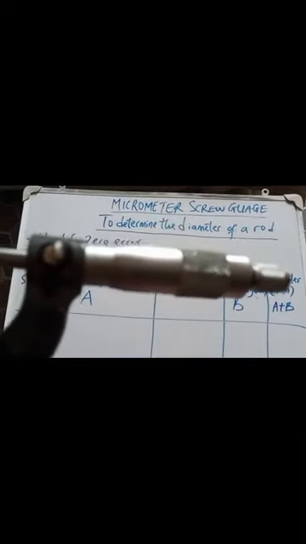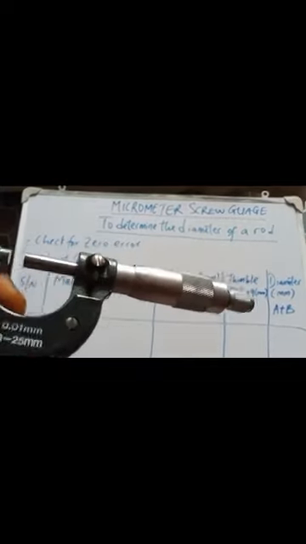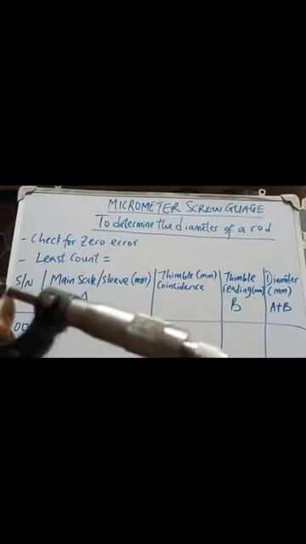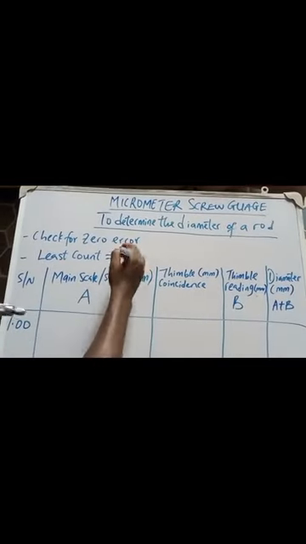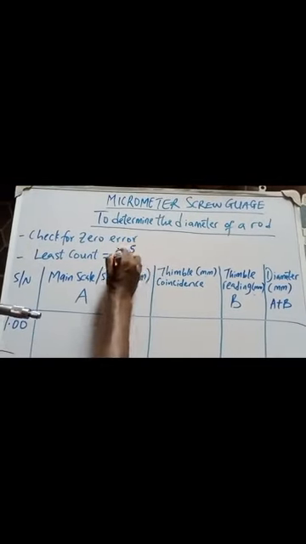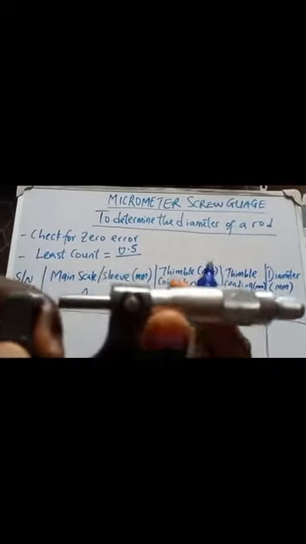But if you notice, if you look under, you can see some scale divisions under. It means between 0 and the first line, there is a tiny line, a tiny scale in between that 0 and 1. That signifies 0.5, halfway in between 0 and 1. So it means that the smallest division on this instrument is 0.5. We are going to use that in calculating our least count. So this will give us 0.5 divided by